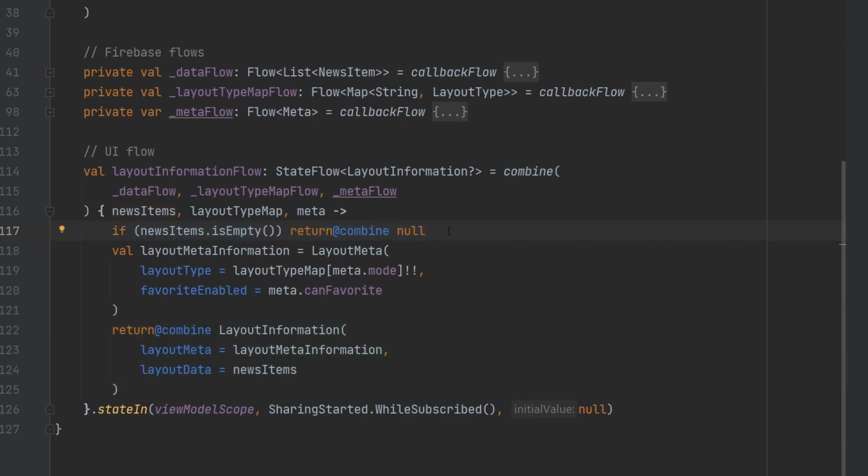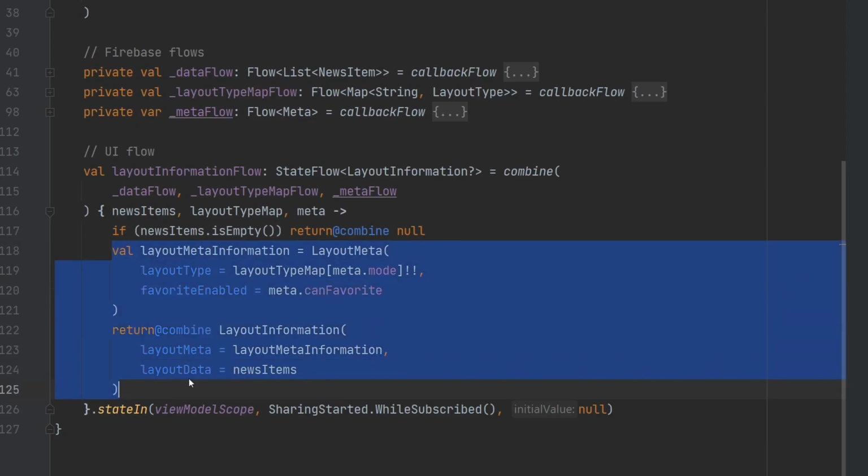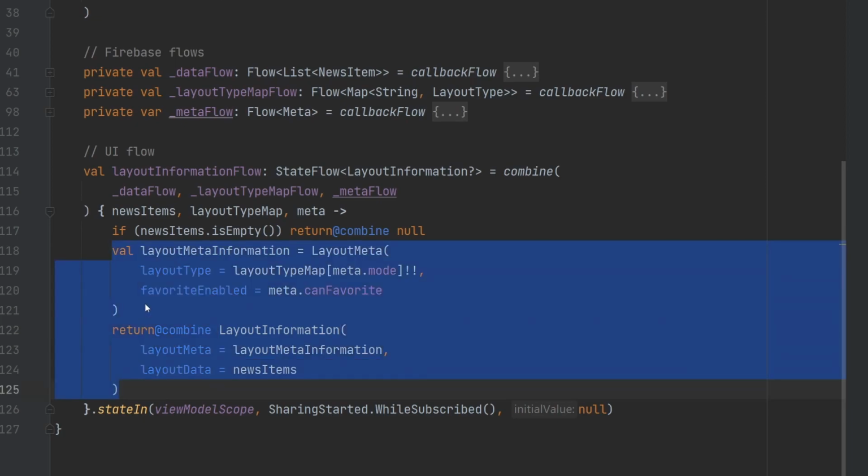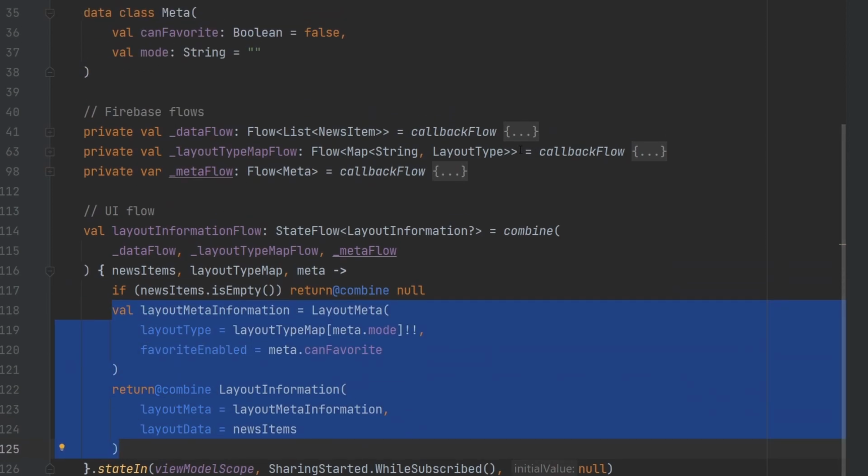That'll show a loading spinner on the screen, all that kind of stuff. Otherwise, here we have some information once we have our news items that we're then able to get. We're able to combine the information that we have for the layout meta information and then eventually the layout information that we use to display to the user. We'll revisit this in a minute once we get through these Firebase flows because this is where all the data